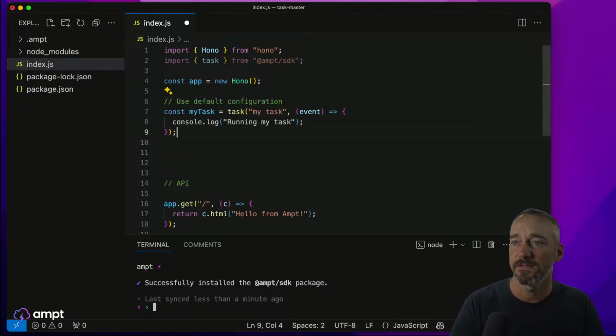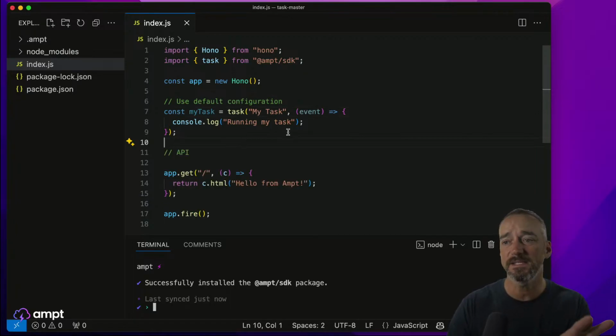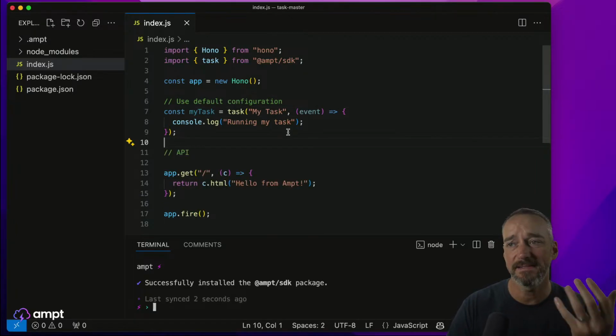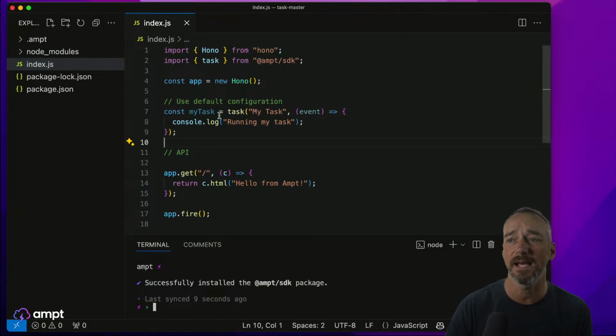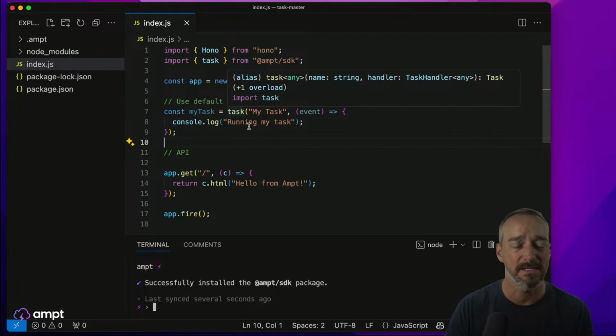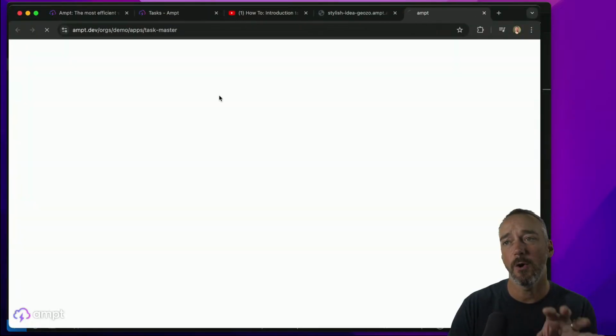So let's define our first task. This defines a task called my task. I'll call this my task, and it will say running my task. Now, as soon as I save this, it has synced with the back end. The system has parsed this, and it now knows that you've defined a task in the system because it has run this task interface. So if I type open down here, this will open up